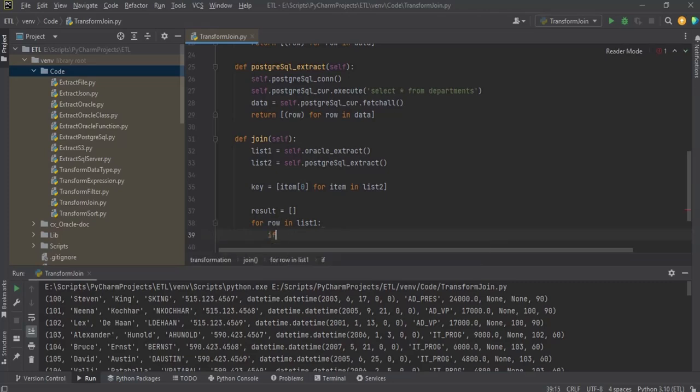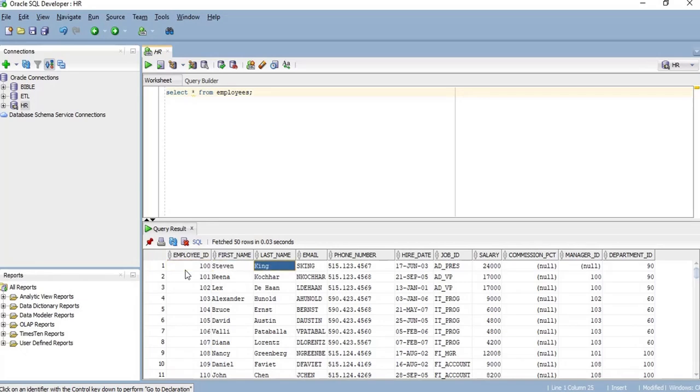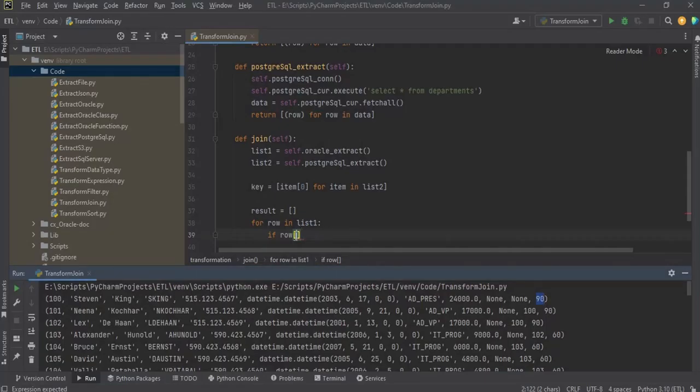Let's say if row of, let's define the row index of department ID column: 0, 1, 2, 3, 4, 5, 6, 7, 8, 9, 10. Row 10 is the department ID column. So let's validate here: 0, 1, 2, 3, 4, 5, 6, 7, 8, 9, and 10. If row of 10 in key,